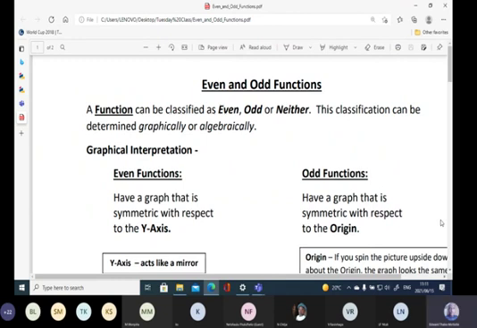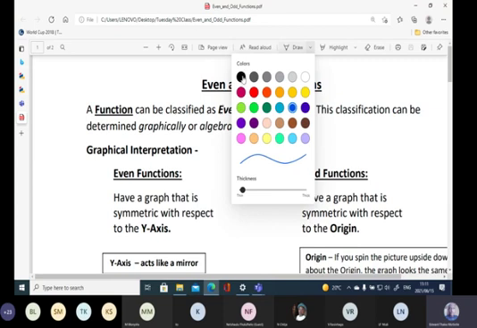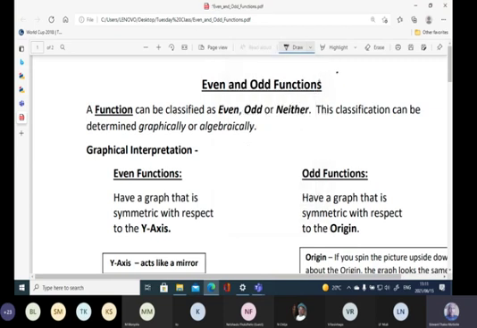So here we have to classify a function as even, odd, or neither. This classification can be determined graphically or algebraically. Before we even go there, let's discuss what we know about this topic, because we have done it before. So let's say we have